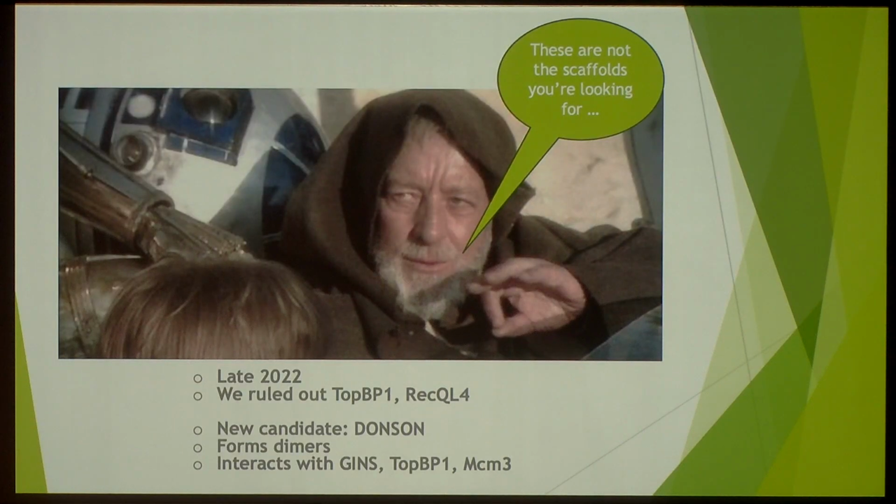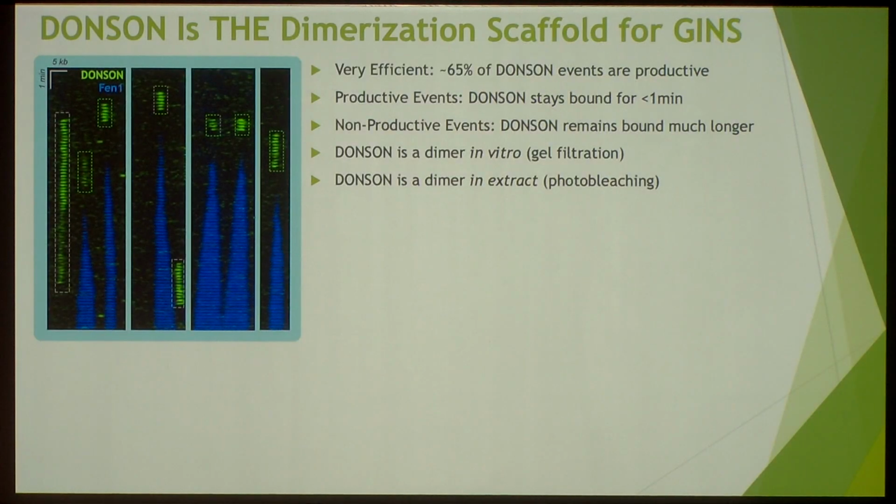Okay, so at this point, it's late 2022. We've ruled out 2 scaffolds. I was talking to Johannes Walter about our data and trying to make sense of it, and he said, well, we have this protein, which is involved in initiation. AlphaFold predicts it forms dimers. It interacts with GINS, TOPBP1, MCM3, and I said, okay, this looks exactly like the thing that we're looking for, the dimerization scaffold. So Ricky bravely made all the reagents, and we see the same picture, this hallmark of firing